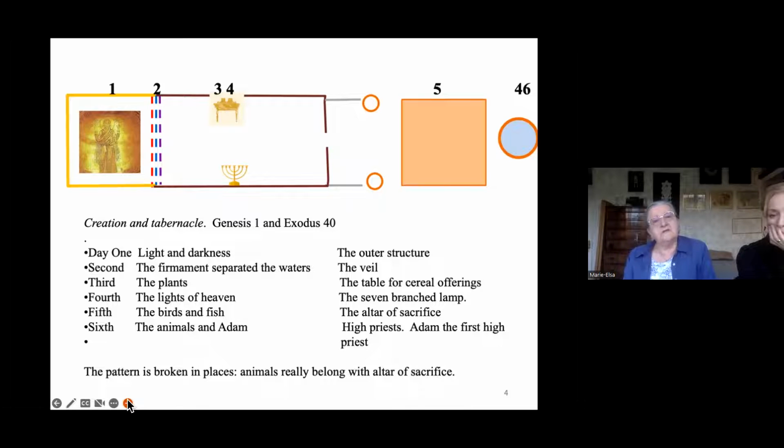And if you look at that diagram, starting on the left, you have the Holy of Holies. We'll go through these several times. The Holy of Holies, and then those dashed lines, that's the veil of the temple, which was red and blue and purple and white. And then coming through to the right again, this is the main part of the temple. It was known as the Hechal, the hall, and that corresponded roughly, but only very roughly, to the nave of